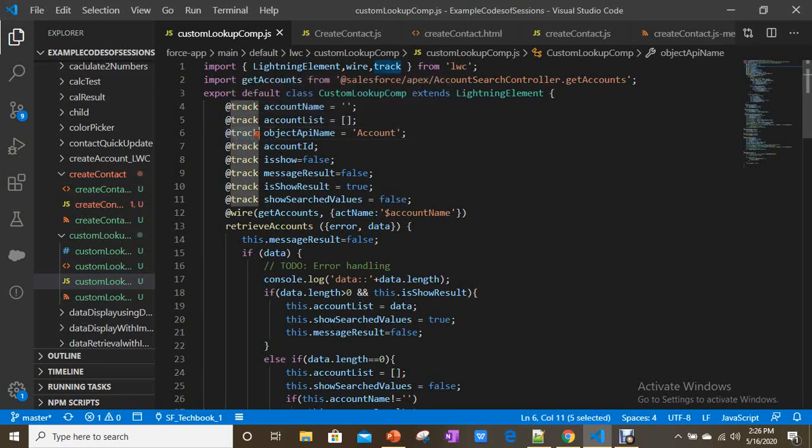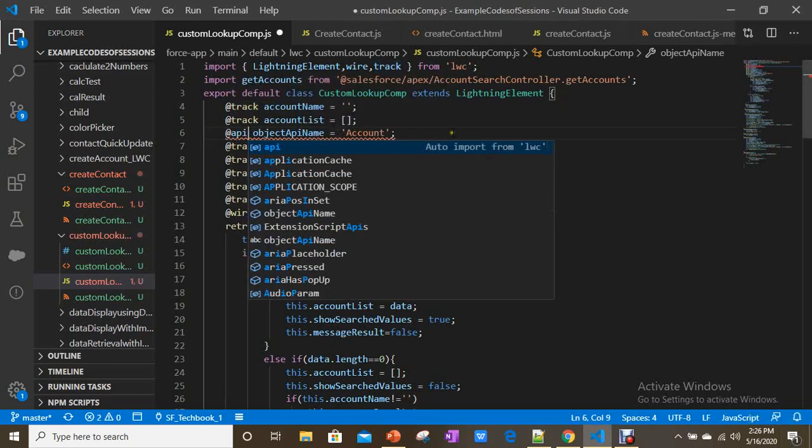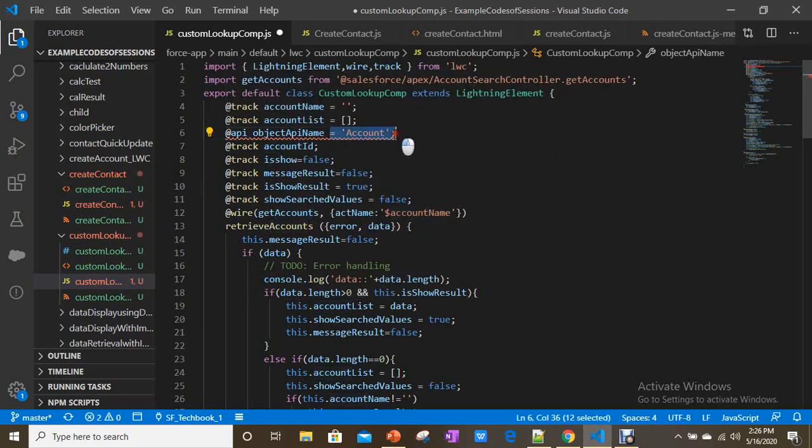You should have API properties like object name, and you can pass it here, and you can make your methods dynamic or reusable also. Now your method is expecting only the search key, but when you make your custom lookup component reusable, you have to make your method expect the object name and search key, and you can make it more dynamic, like field name also. So you can make more dynamic filters also with the help of this.